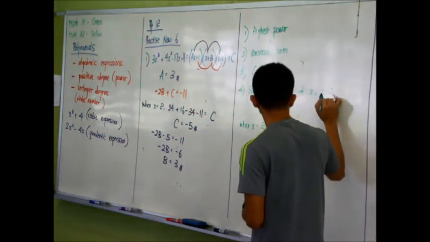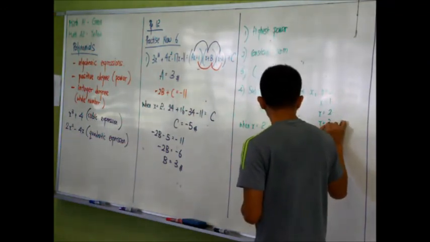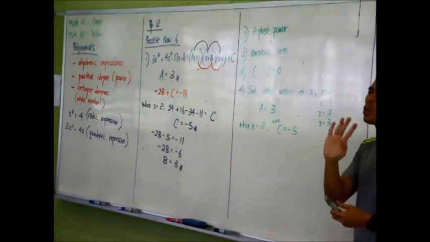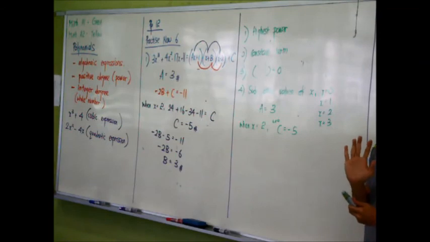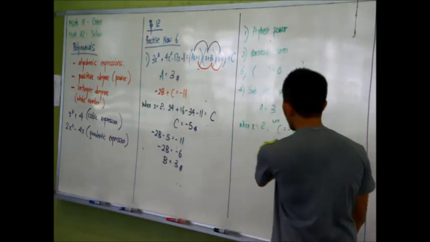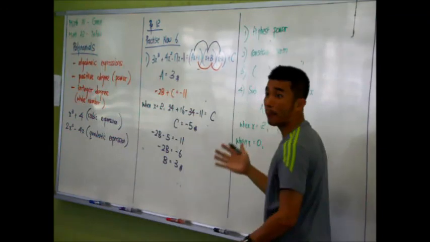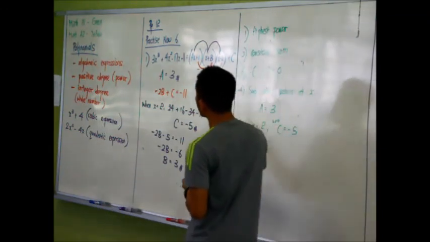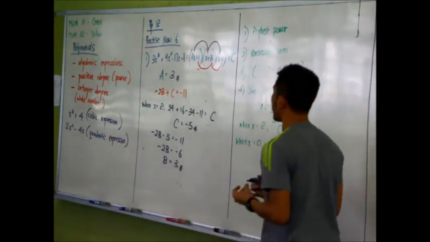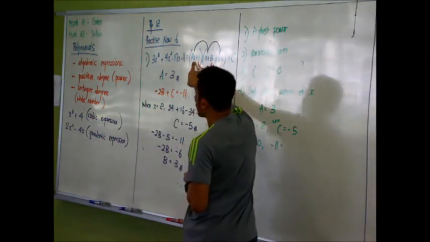X is equal to 0. Next choice. 1. Next choice. 2 are. Okay, but 2 because we've used it before already. Always start with 0 first. Try not to use negative numbers because you may have difficulty with negative numbers. So if I want to use other values of x, when x is equal to 2, I use this to check my answer again. When x is equal to 0, all these will become 0. Am I right? So it's left with negative 11 on the left hand side. Similarly, when x is equal to 0 over here, this will be 0. So in the first bracket,